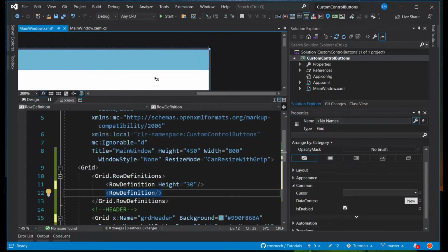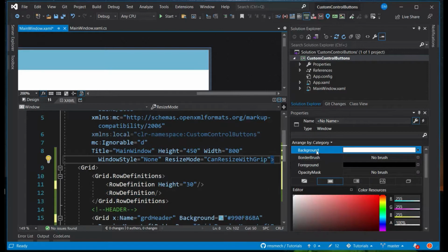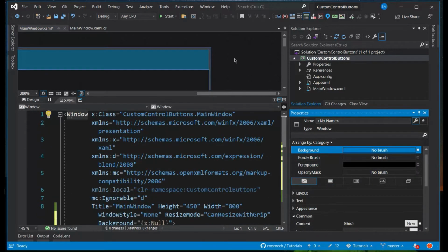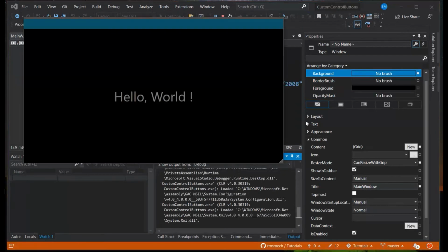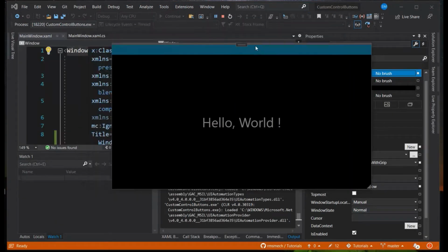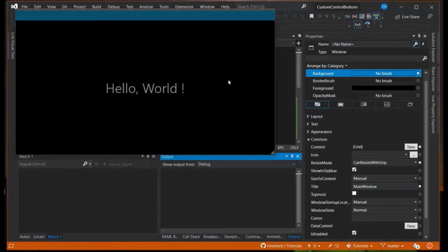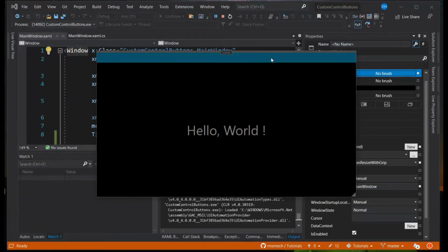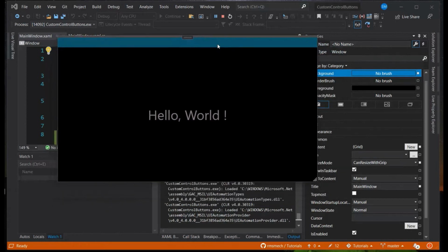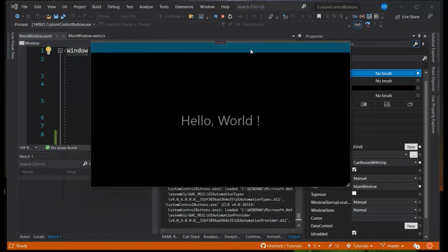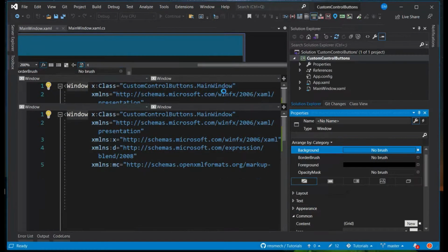And when you do this, you could see that the white color is still there, because the whole window also has a background. Turn the background of the window to null, and let us try something. Okay. Now we need one more thing. Even though, let me open it up again. Even though we have set the transparency level of this color to 60%, I'm not able to see what is